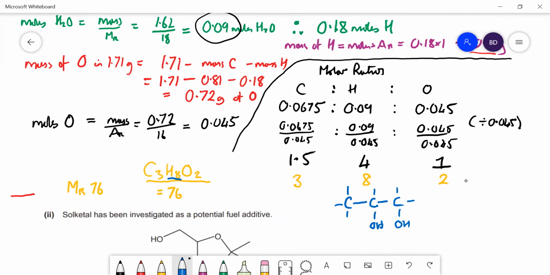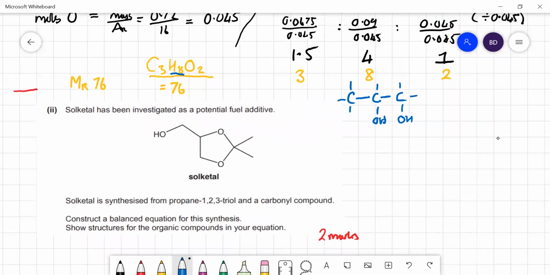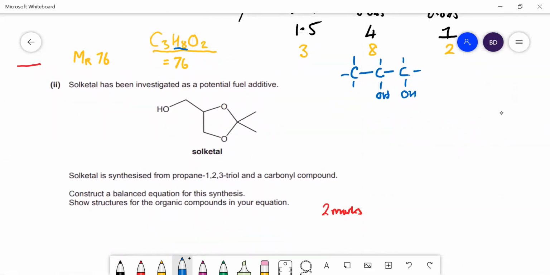Right. Towards the end of the paper, Sol-ketol has been investigated as a potential fuel additive. Okay, so there's the skeletal formula, and it's synthesized from propane-1,2,3-triol and a carbonyl compound. Right. Construct a balanced equation for this synthesis. Now,